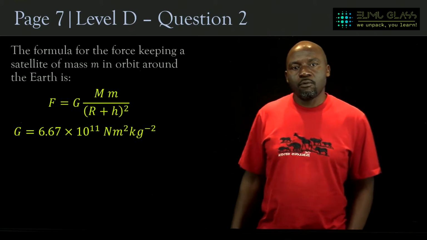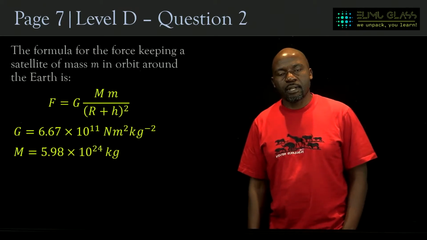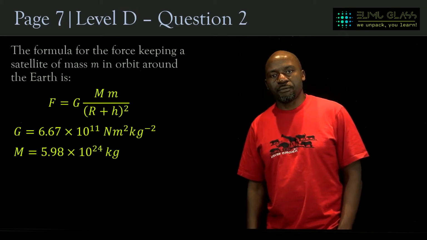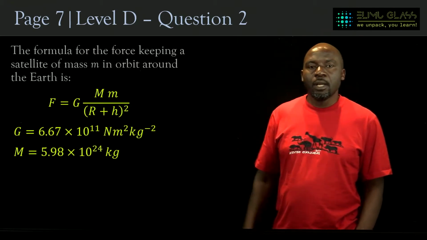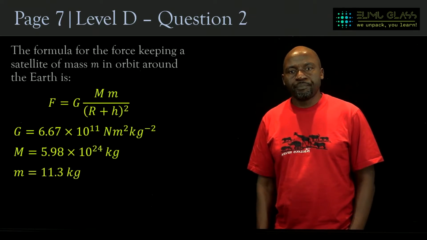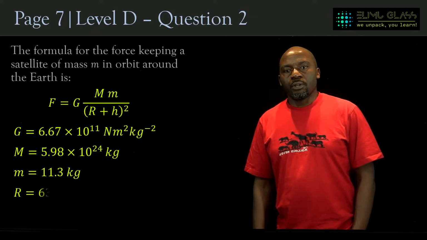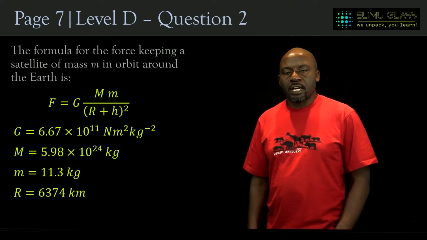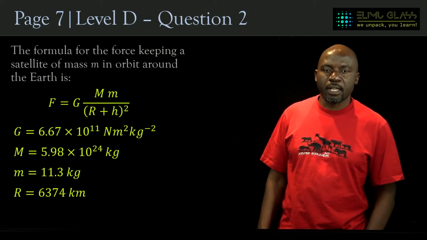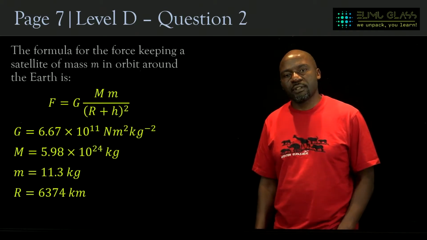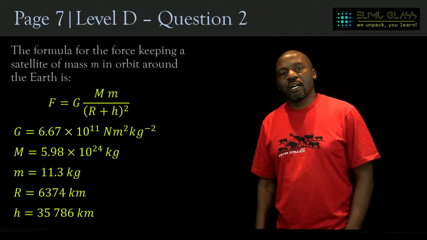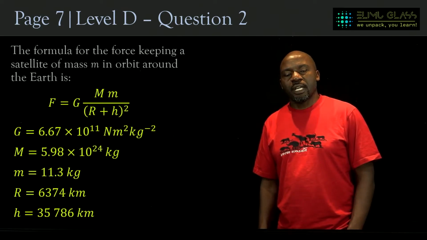Small letter m would be the mass of the satellite. So the mass of the Earth is 5.98 times 10 to the power of 24. It's given in the question. The mass of the satellite is, I think, 11.3 kilograms. We are also told that the radius of the Earth is 6,374 kilometers. 6,374 kilometers is the radius of the Earth. And the height of the satellite above the Earth's surface is